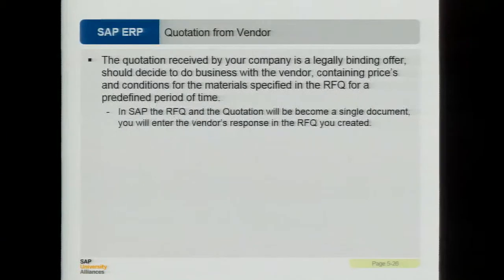So in SAP, the RFQ and the quotation become a single document. These are not two separate documents. Physically they are separate, but in SAP you actually enter the quotation data into the main RFQ document. One of the benefits of this system is that you have the history of entering the quotation into the system,